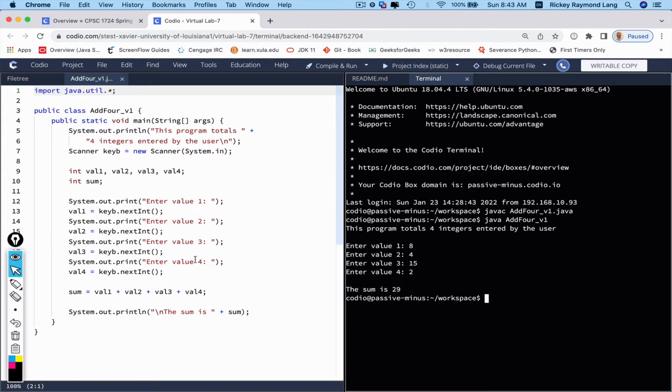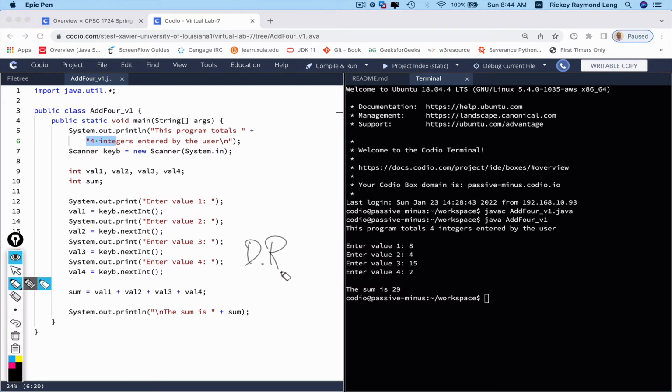But this is highly repetitive, and it's awkward now to change. Well, if my problem changes a little bit, and I want to write a program that sums 5 values or 3, I have to change the source code, change a number of things in here, add or take away code, and so forth. So there's a principle involved in programming called